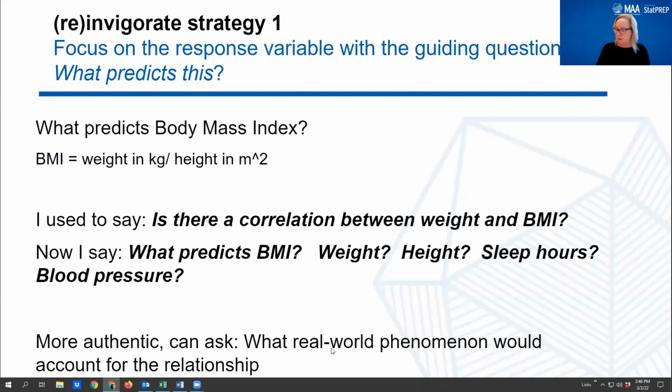So some of you, I'm sure, already do this, but this is a real shift in focus for many of us, especially if you're more of the mathematician side of the house. So before we go to the apps, I want to talk about this issue of body mass index. So consider this